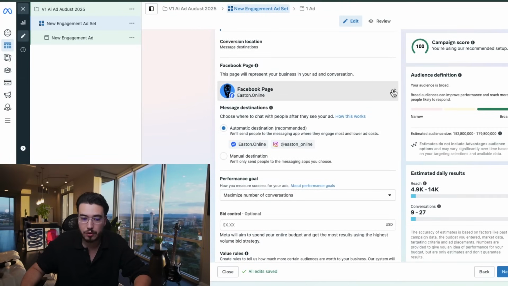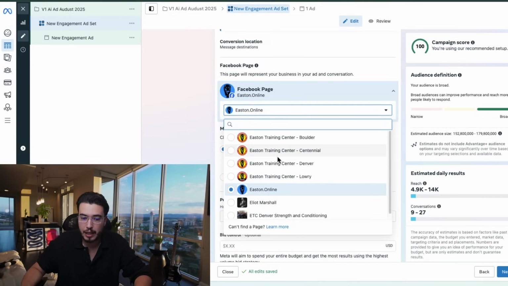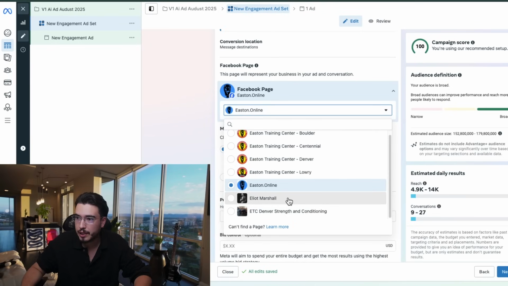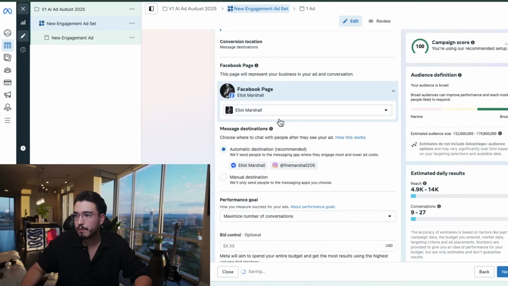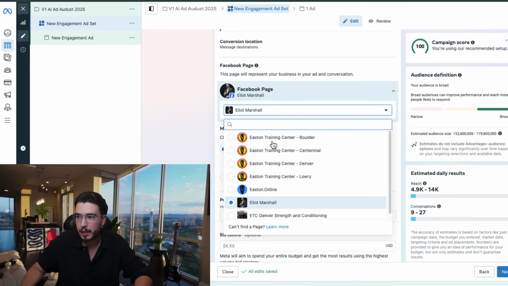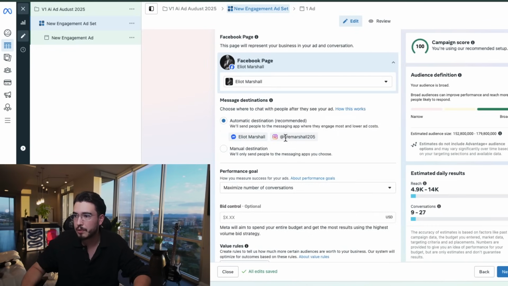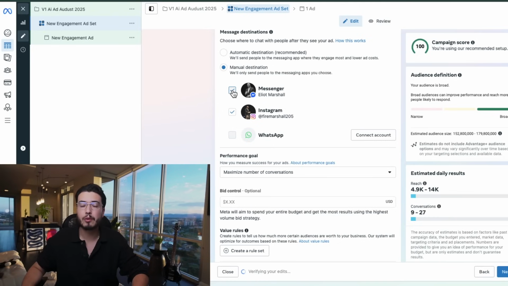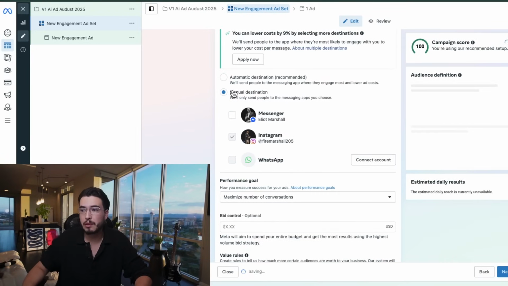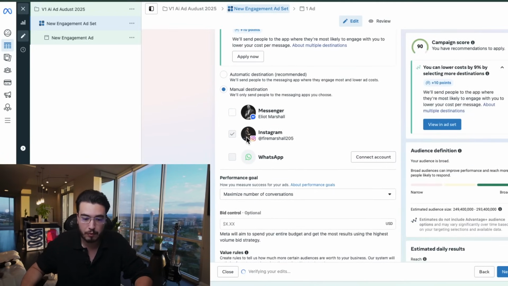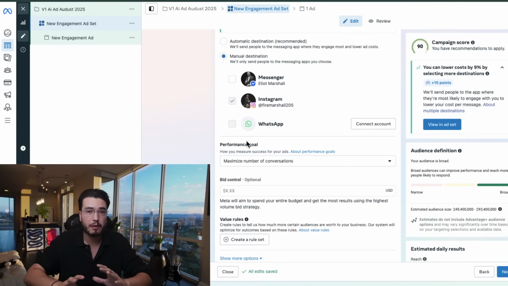So here I'm going to choose the right page we want to set this engagement to. And that page is going to be your client's page. I always recommend it be their personal page if possible, just because it is easier for people to resonate and do business with personal pages. We've come to realize if we can't, for whatever reason, the CEO, owner, or there's no face to the business, they prefer to use a logo or name, completely fine.